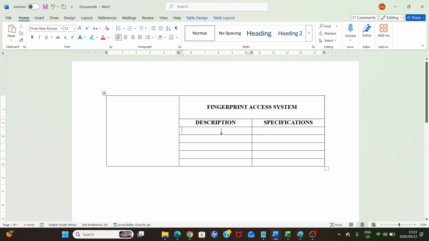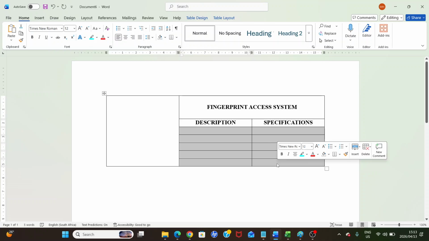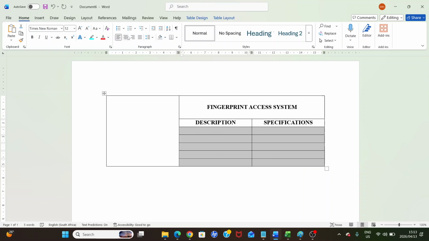Okay, the content in here has to be centered. In other words, the content for column 2 and 3 is going to be centered. So even though it is empty at the moment, you can select it and then you can just click on center. And when you enter something in there now, it is going to display in the middle.